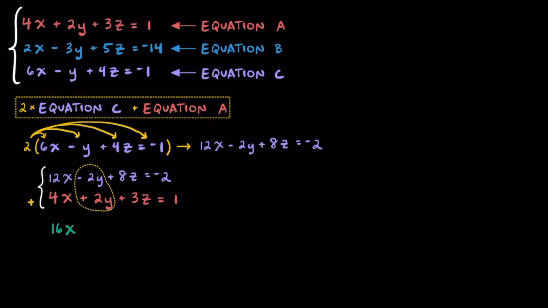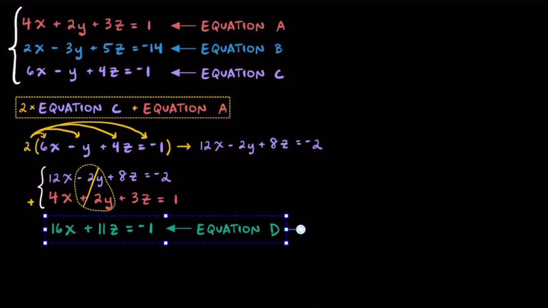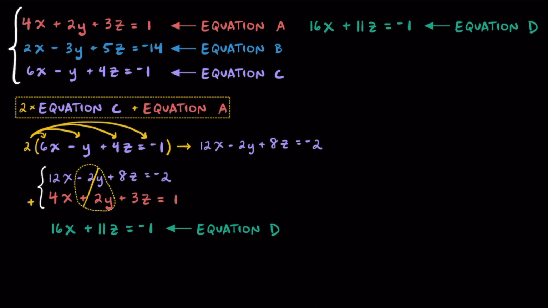12x plus 4x equals 16x, the y's get eliminated, 8z plus 3z equals 11z, and negative 2 plus 1 equals negative 1. Now we have an equation with 2 variables. Let's call this equation D. And just to keep things organized, I'm going to move this to the top and we're going to use it in a little bit. So now we have this new equation D that only has 2 variables, x and z,